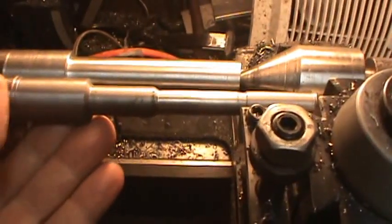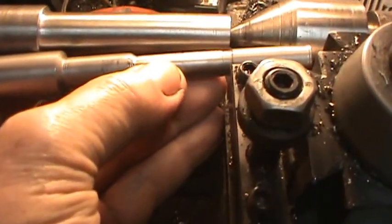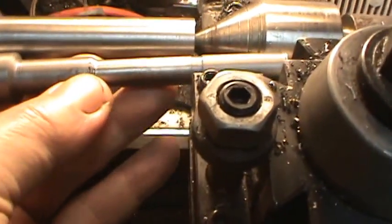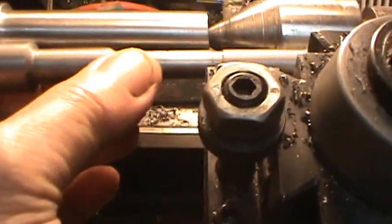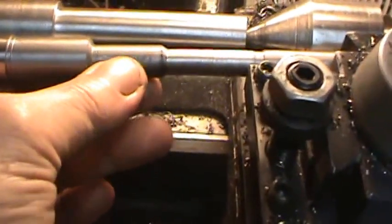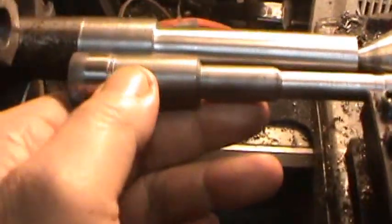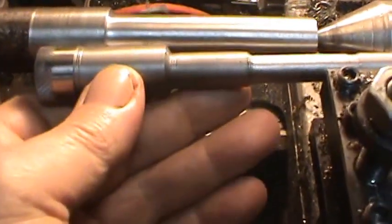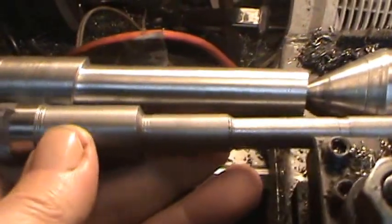Here's a pretty good example of that. You can see here these fine grooves in this piece because of the variation in the speed of the feed. Now here's a pretty good piece right here, and also right here. But if you compare these two pieces, the one in the back is the one I've done